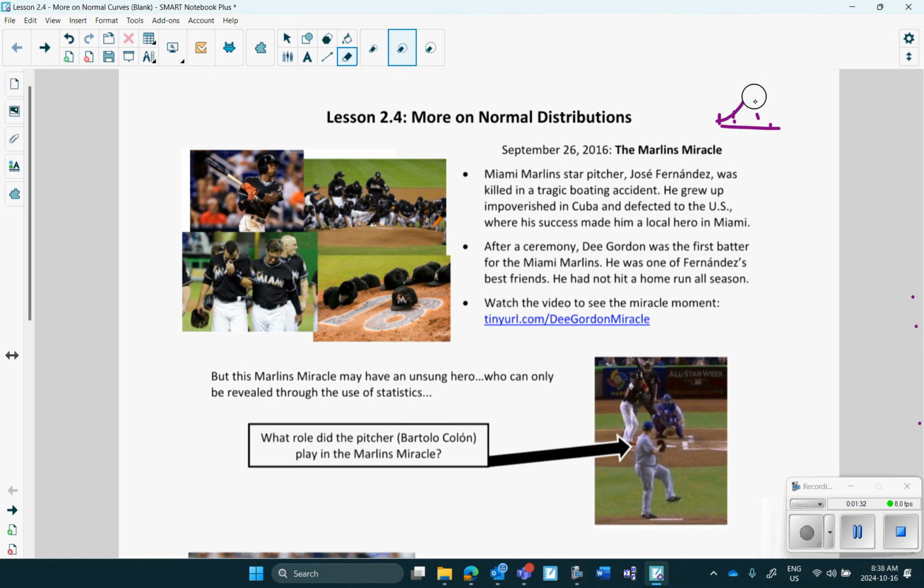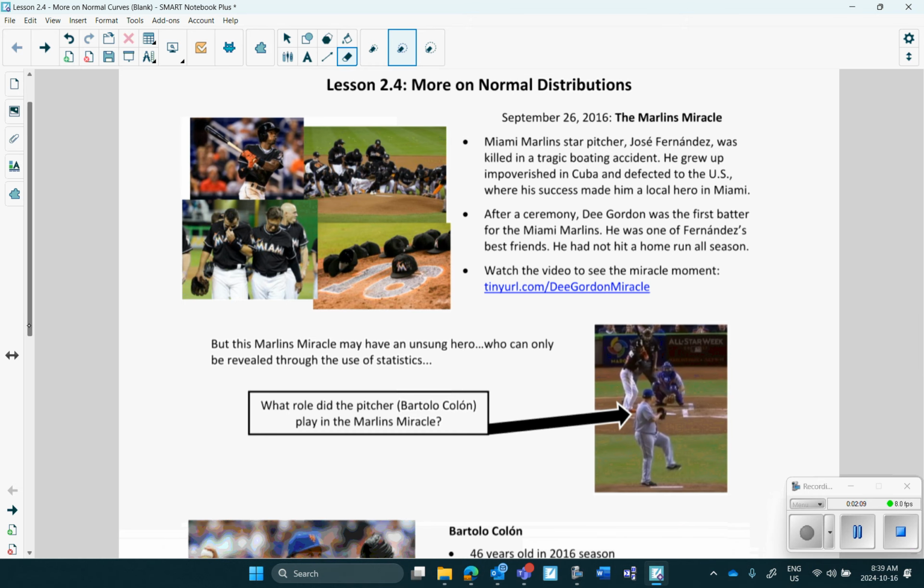So we were able to answer some questions given a normal distribution, like if we were given, say, test scores or something, which usually follows a normal distribution. We could find what percent of the scores were below a certain score or between certain scores, as long as they were in line with the notches that were 1, 2, and 3 standard deviations away. Okay, so just as a review,